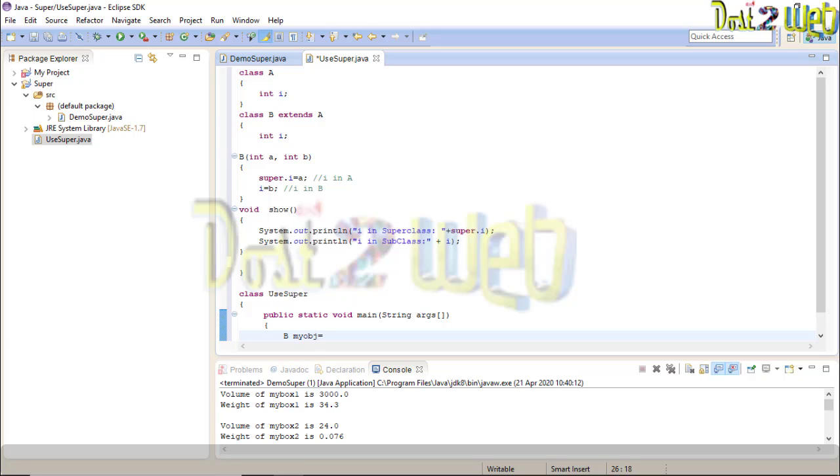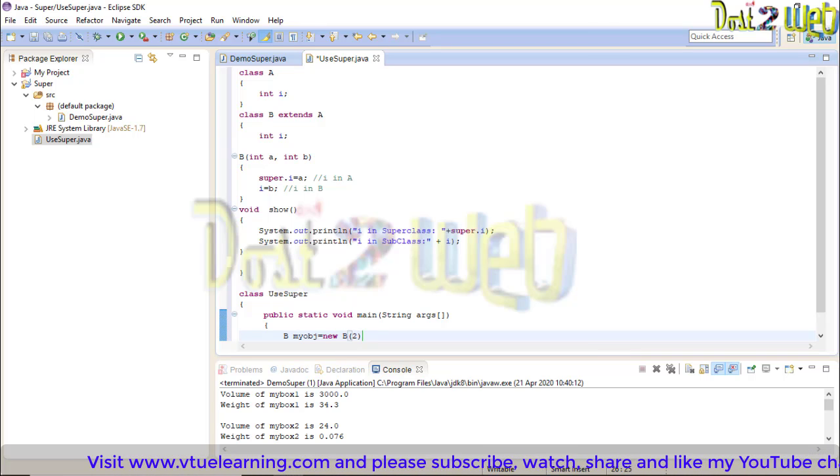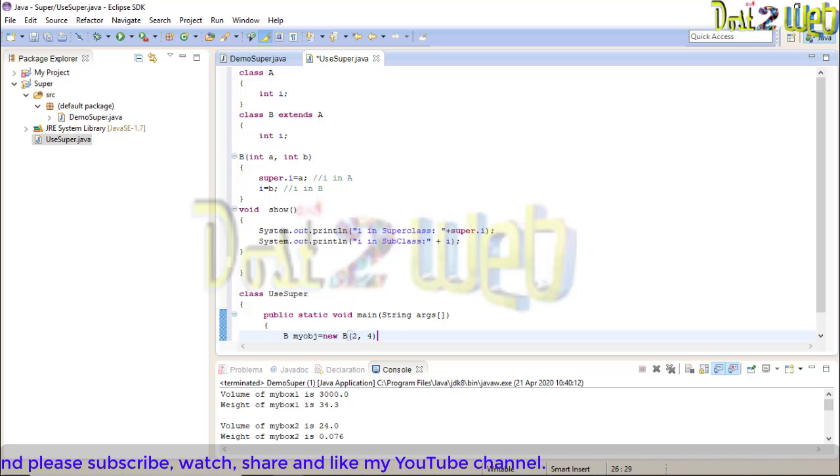Use the keyword new. Next, class name B. Because you have used a constructor and passed parameters, you must pass the arguments here. I'll pass 2, 4.